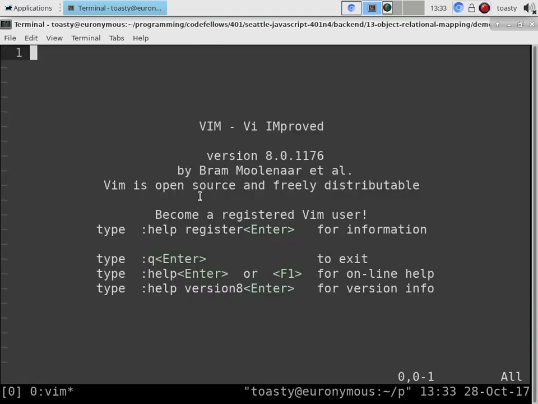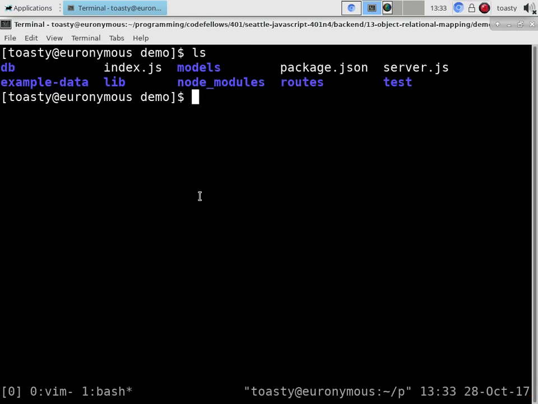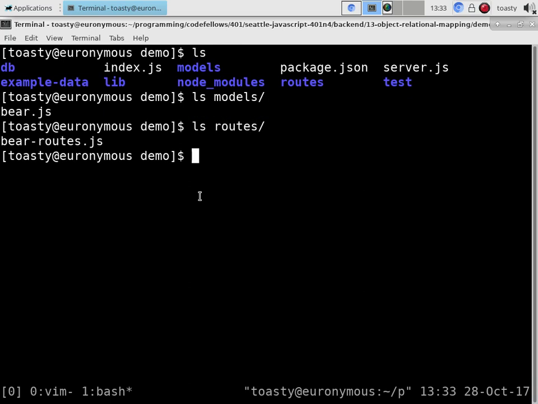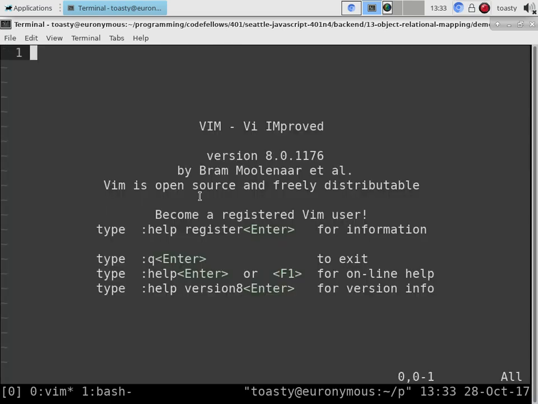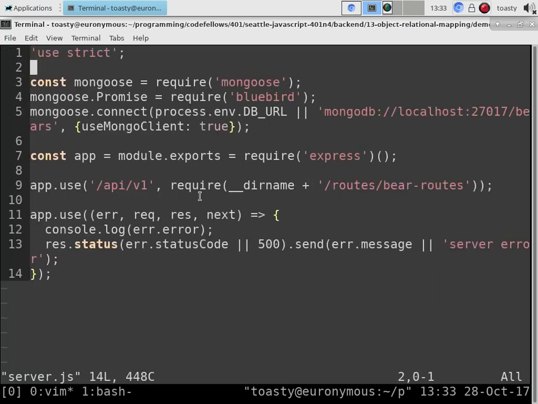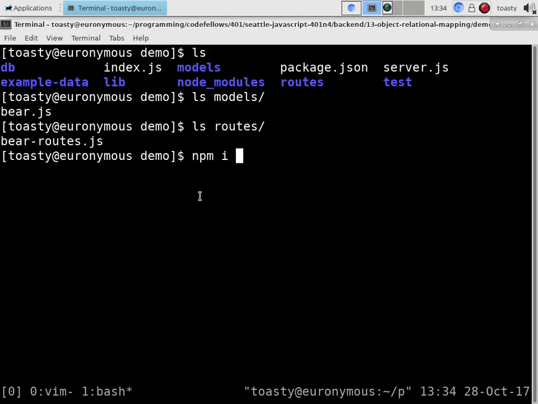All right, just to take a look at that again, we had our bear model, our bear routes, and our server.js, which is basically just mounting the bear routes into this thing, setting up some error middleware for us to work with. So we're just going to install Jest,